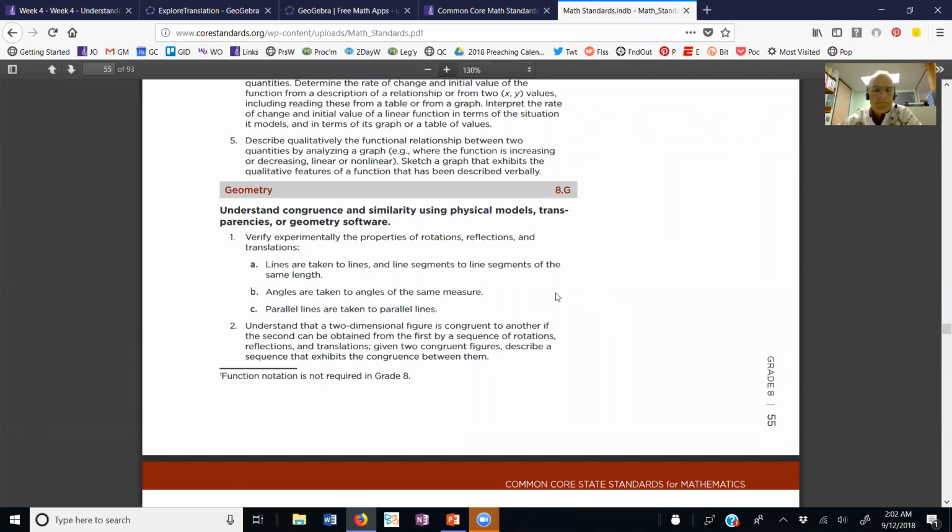Now, I'm going to switch back to my camera here. When they talk about transparencies, you can use a transparency, or you can use patty paper, or you can use wax paper. Patty paper can be purchased. It is actually designed to be the wax paper that's going to go between hamburger patties, but it also makes a nice math manipulative. It doesn't work very well for an online class, so I'm going to give this as